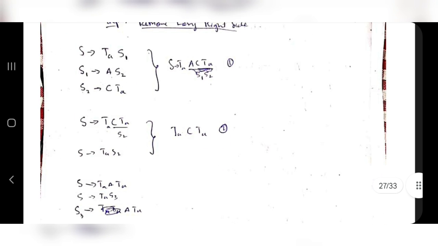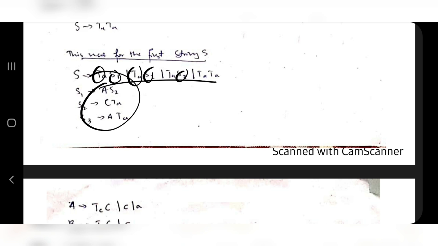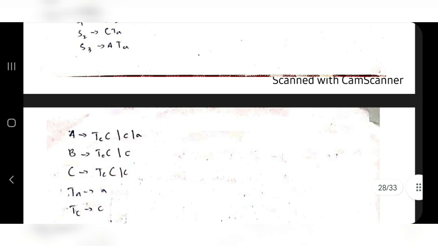Like that we can do and find out. The main aim of Chomsky's normal form is that it should have two letters on the right hand side, and on the left it should be only one. In that way we'll terminate these characters here, and finally we'll obtain a two letter string. After that, we'll be substituting back the values of S1, S2, S3 and all in the equations. As we did for S here, the same thing will be done for A, B and C also, and then finally we'll define what TA and TC are. So what happened is it became short, right? Now it is looking shorter. That's the main aim of Chomsky's normal form.